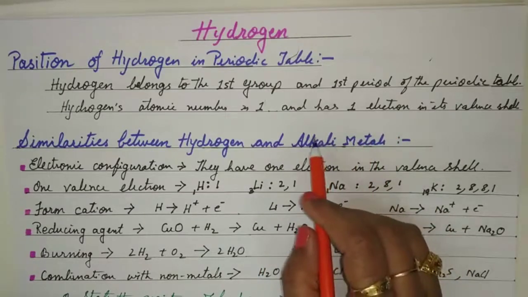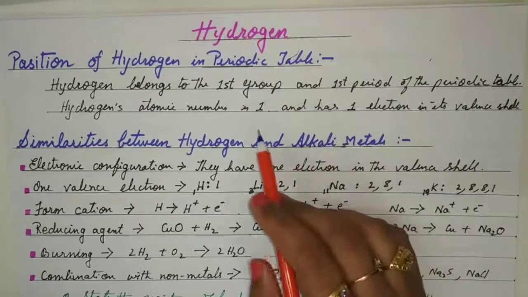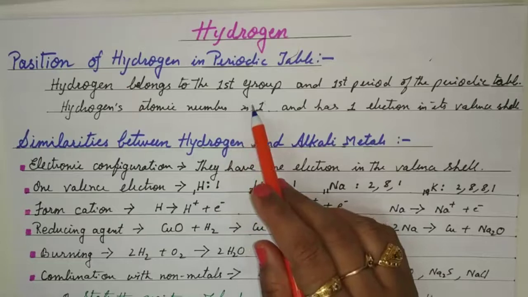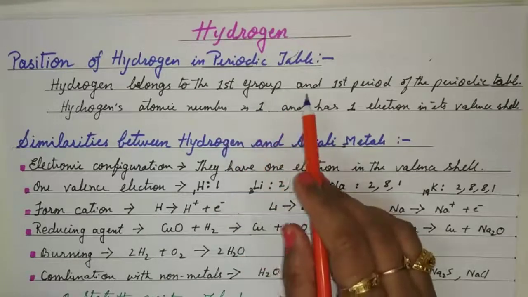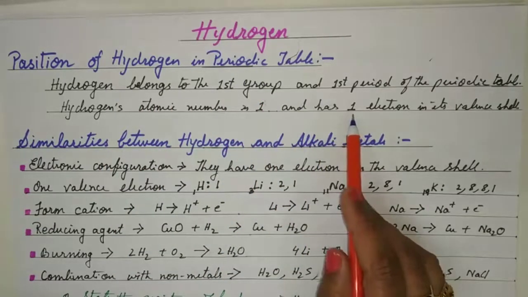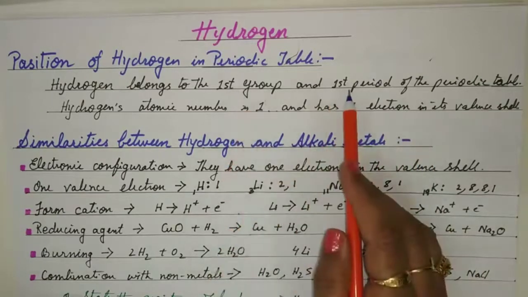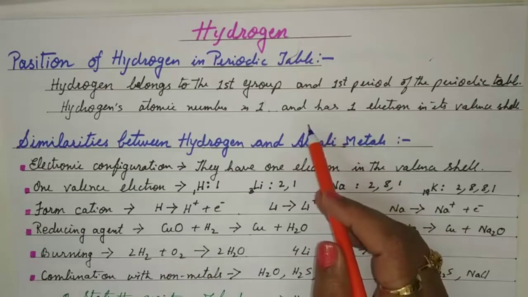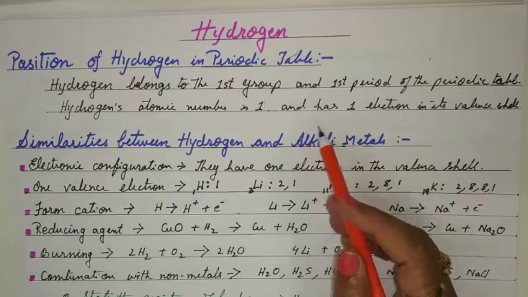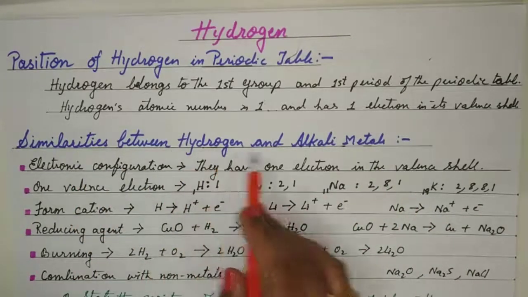But some of the properties also resemble the halogens, that is the group 7A, because hydrogen is not a metal, but group 1 is all alkali metals. Some of the properties are similar, correct? Halogens are non-metals, hydrogen is also a non-metal, but when we are sticking to the position in the periodic table, we have to stick to this fact that there is 1 electron in the valence shell, therefore first group and first period. So about it also we will now see that there are many properties which are similar and dissimilar also, but first let's do the similarity between hydrogen and alkali metals.